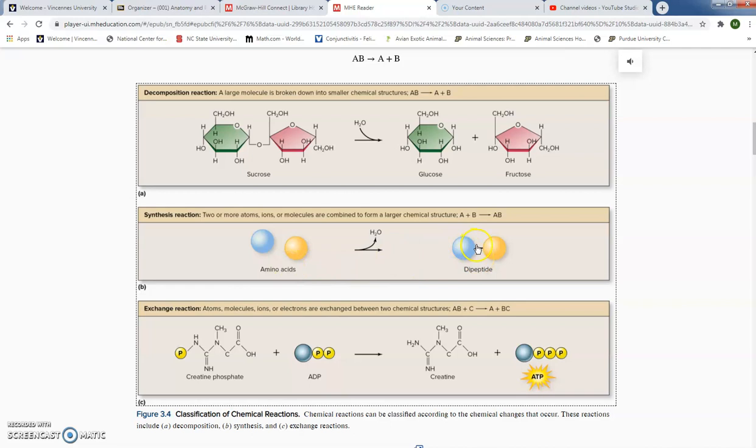So, and this would be our product. This is a pretty common reaction that happens in our cells that are making proteins. Like our red blood cells, they make hemoglobin. That's a protein. So this reaction is going on. Obviously the hemoglobin protein is much, much bigger than just two amino acids. So this little synthesis reaction would have to happen over and over again to finally get a very large protein